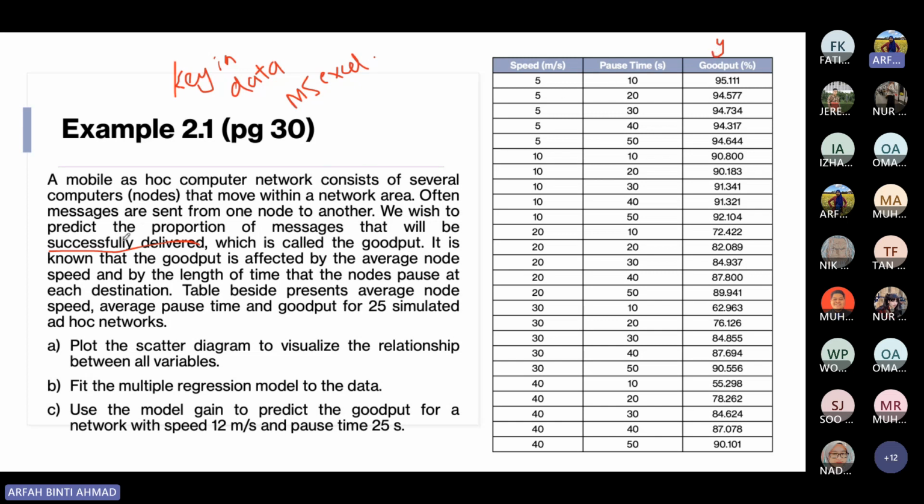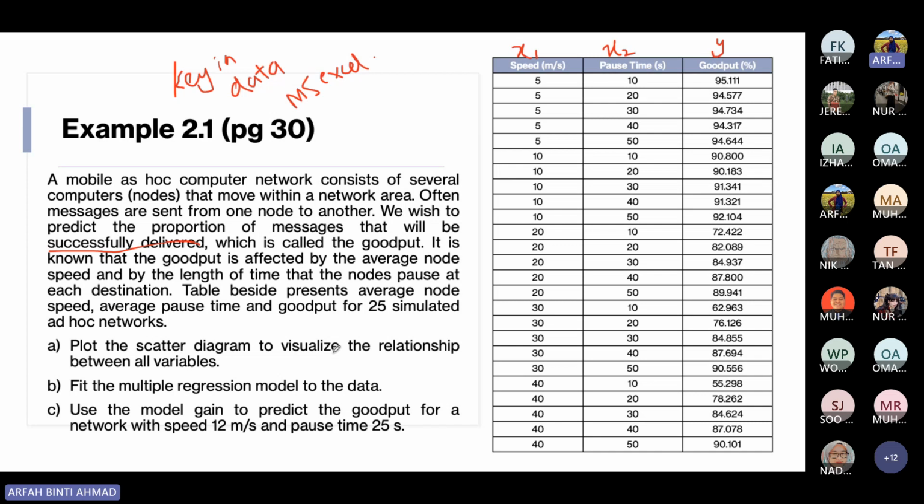Okay. So it is known that the goodput is affected by the average node speed and by the length of time that the node pauses at each destination. So from here, the node speed will be x1 and the pause time will be your x2. So we are going to have the multiple linear regression. So the table besides presents average node speed, average pause time, and the goodput for 25 simulated ad hoc networks. So the first question,